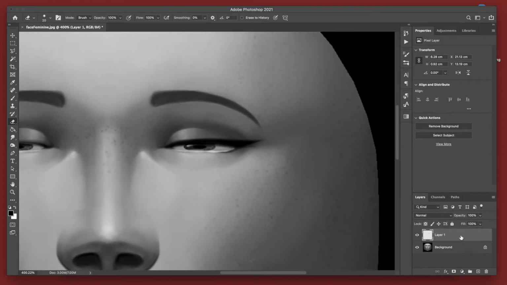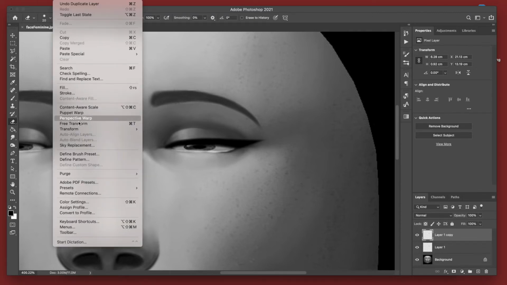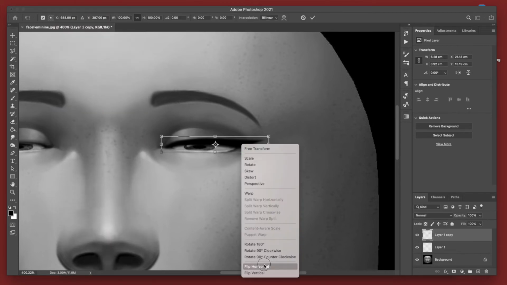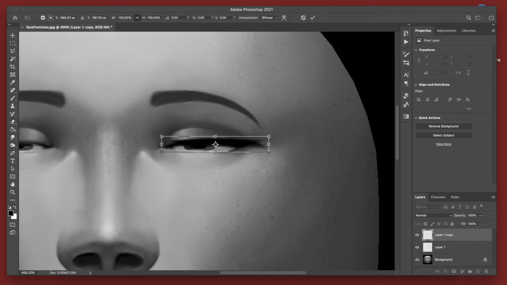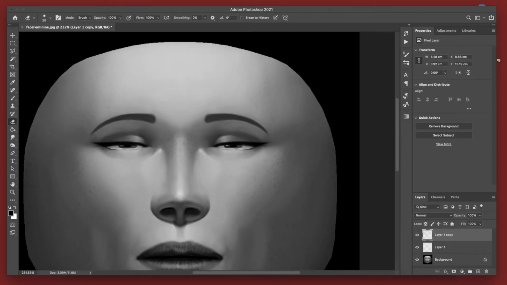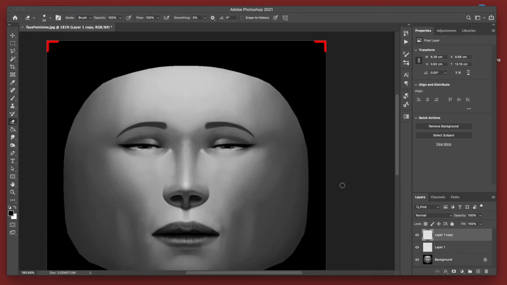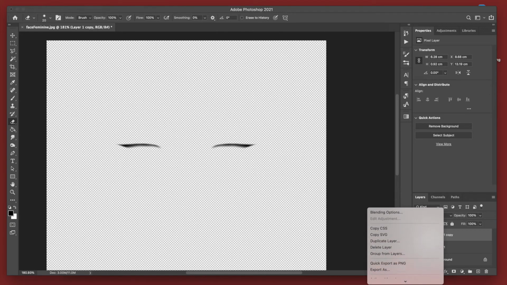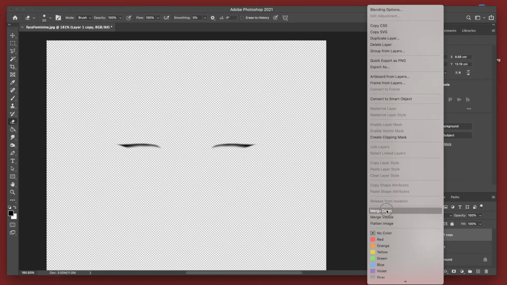And now I'm going to show you, I'm just going to duplicate this. So I'm going to drag it to that layer icon and it's going to make a duplicate. I'm going to go to edit, free transform, and I'm going to flip horizontally. And then I'm holding down shift as I press my arrow keys to move it along here. Kind of just like where it starts and where it ends, and there you have eyeliner. Now I'm going to merge this down so that they're both on one layer,